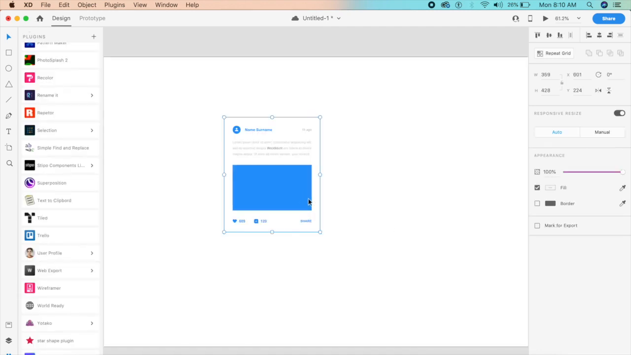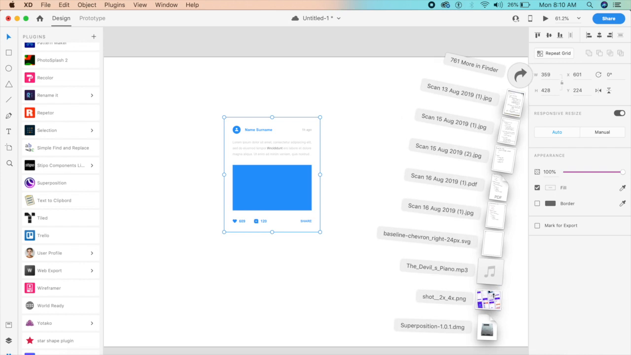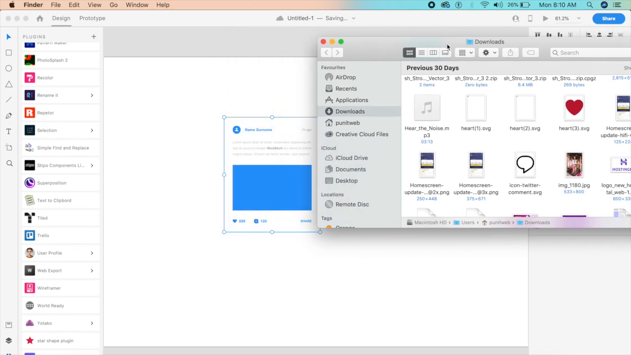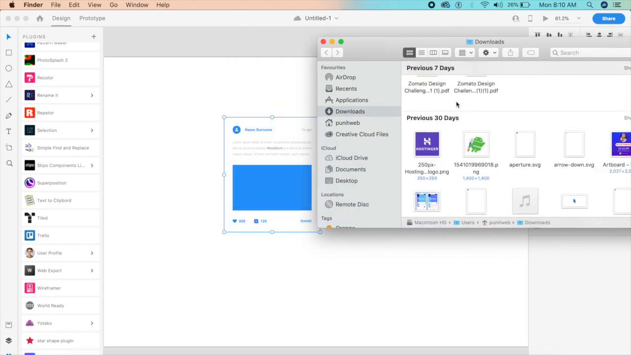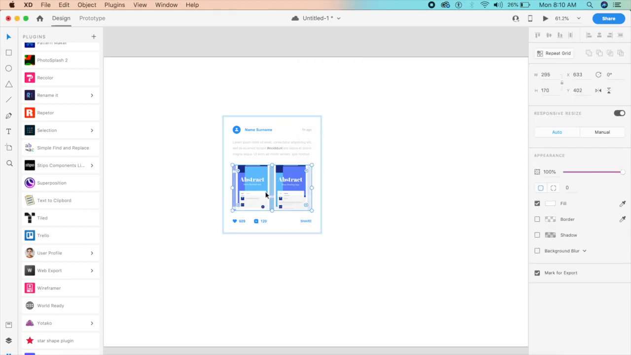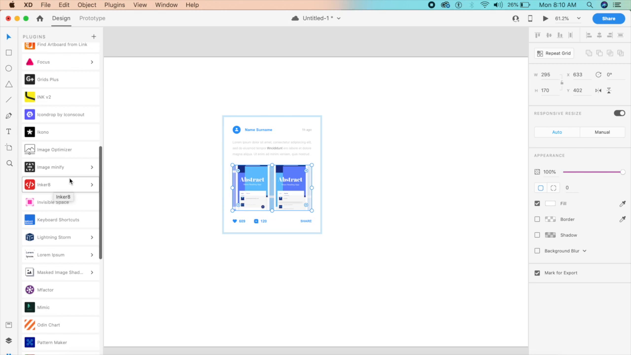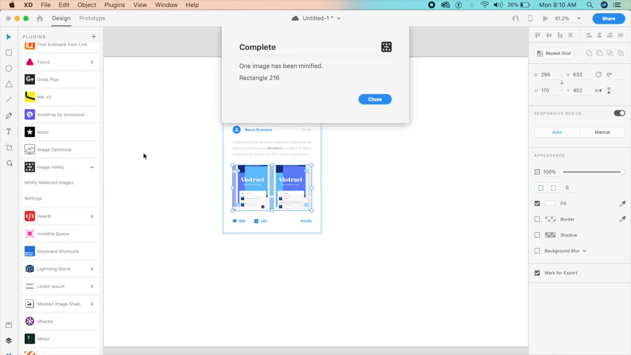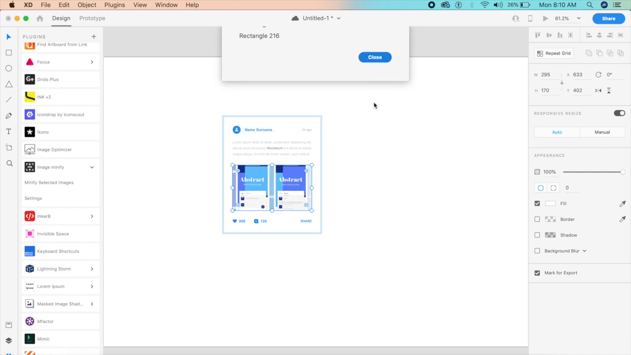Okay, so the next plugin is very helpful for people who are using a lot of images in their Adobe XD. So for example, I'll drag and drop one of my designs into this, and as you can see, this could be a very large image. How do you make sure that the image size is less? So there's a plugin called Image Minify, and in this I can just say minify and close it,